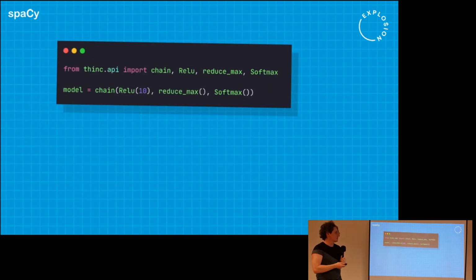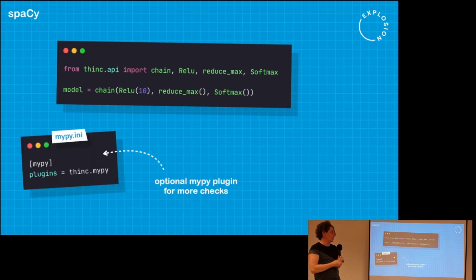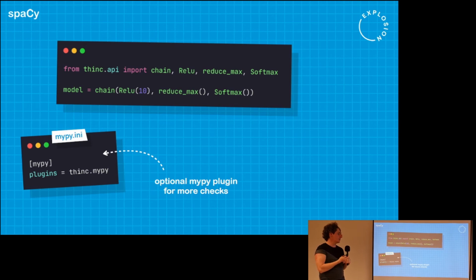So this, again, is an example of what this looks like if you're just using the layers from the machine learning library Thinc. And we have this optional plugin to the standard MyPy. And we think that this is actually a pretty neat thing, that you can write these plugins for the type checker. And we expect that this is all quite early in the Python ecosystem, that there'll be this growing support and growing ecosystem, these plugins that will allow the type system to kind of expand its support over a few different areas.